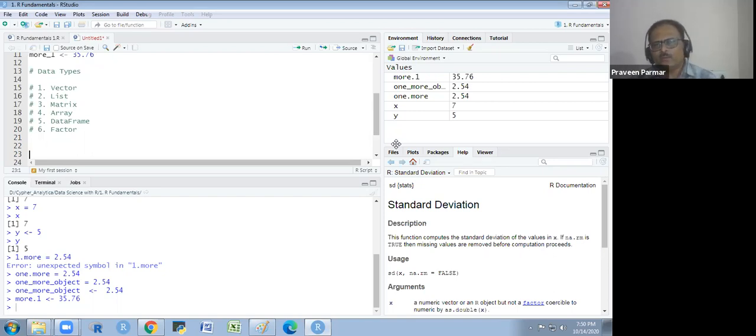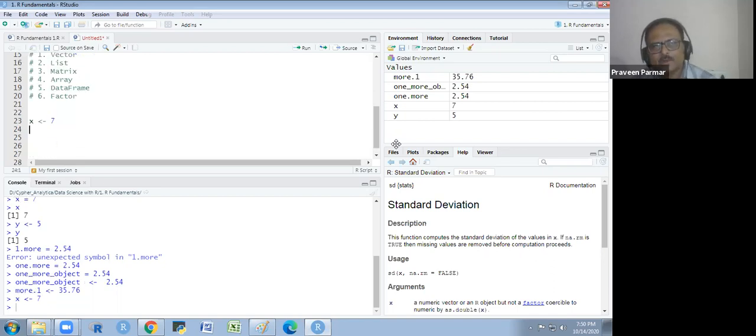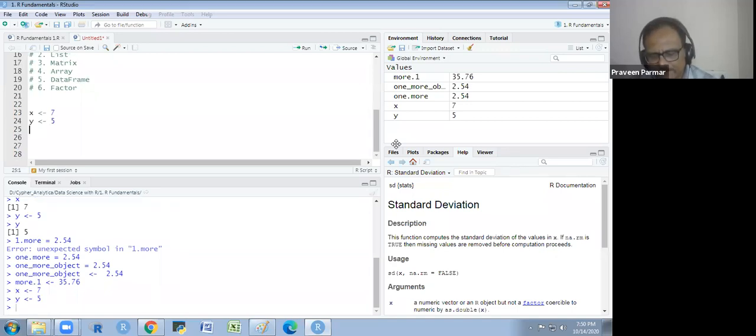So first we see what is vector. As I am giving x is equal to 7 and y is equal to 5. This value I have given to x and y, and we see what is x and what is y. We want to know if x is a vector or not.